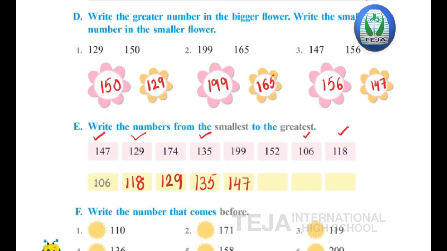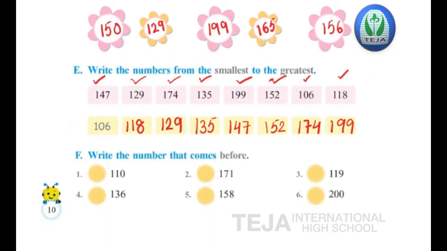After 147, the next number is 152. So write 152 in the box. Then which number? Now only two numbers are left over. Check it, children. Next number is 174. And the last number is 199. Okay, children. So the answer is 106, 118, 129,